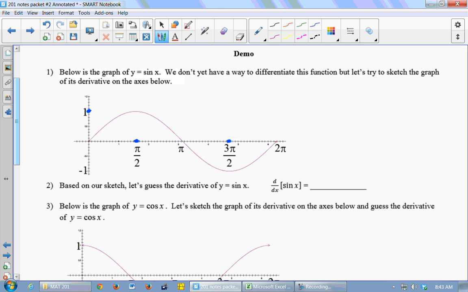Okay, right after pi over 2, my tangent lines are now negative, right? And what does it look like the slope is right here at pi? Negative 1. Plot negative 1 right there. And then over here at 2 pi, the slope looks like it's 1 again. If I connect these with a nice smooth curve,